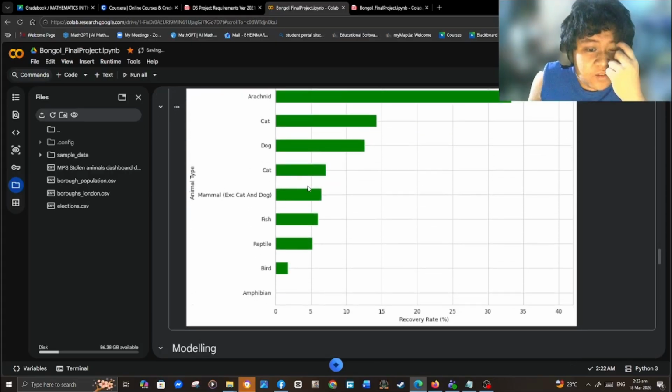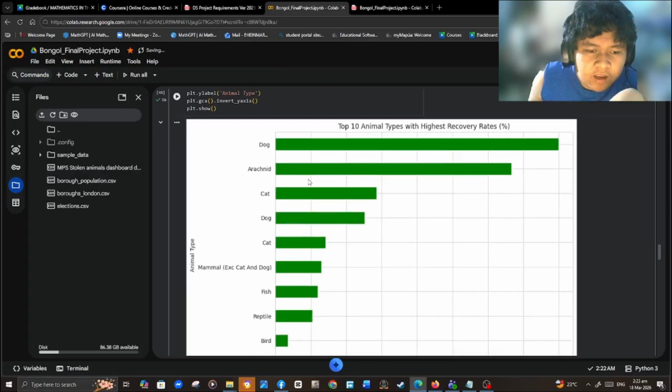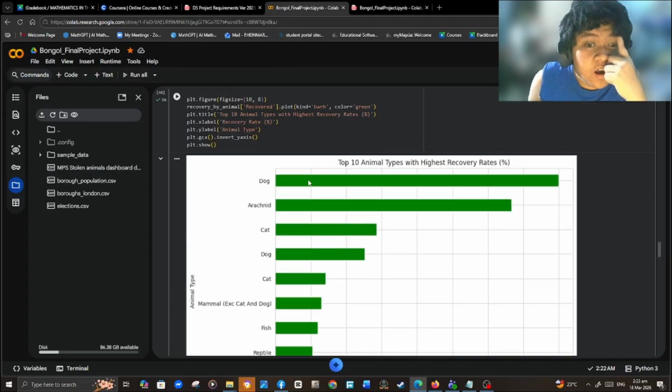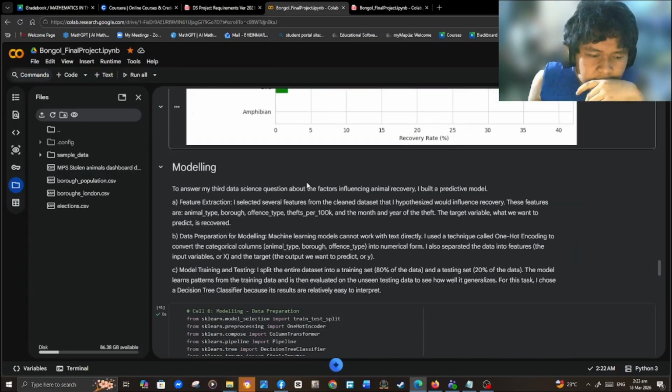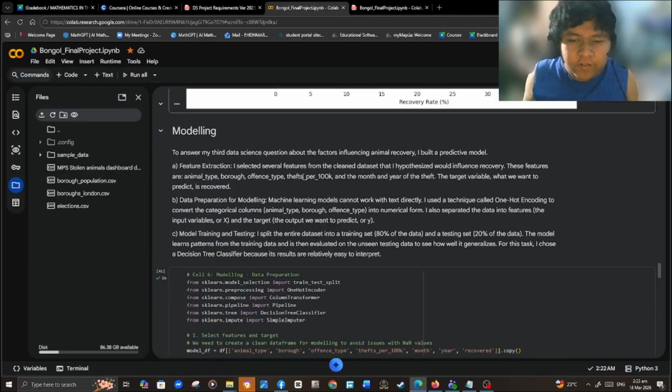Now, next, cat and dog. The dogs have the highest recovery rates, because while they are the most stolen, they are also the most commonly returned. To answer my third data science question about the factors influencing animal recovery,